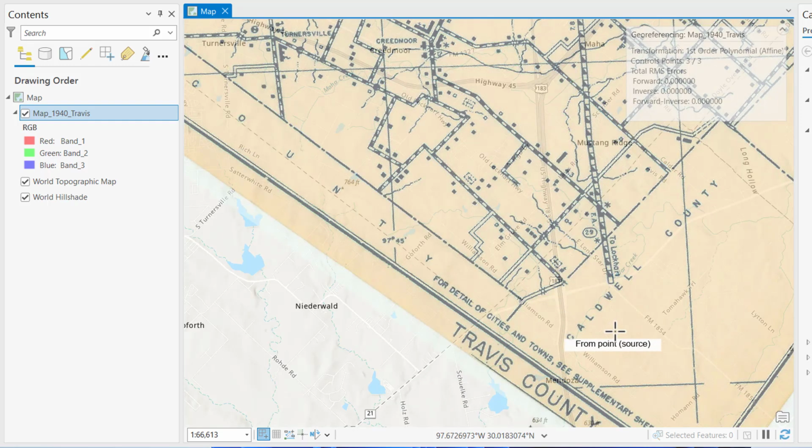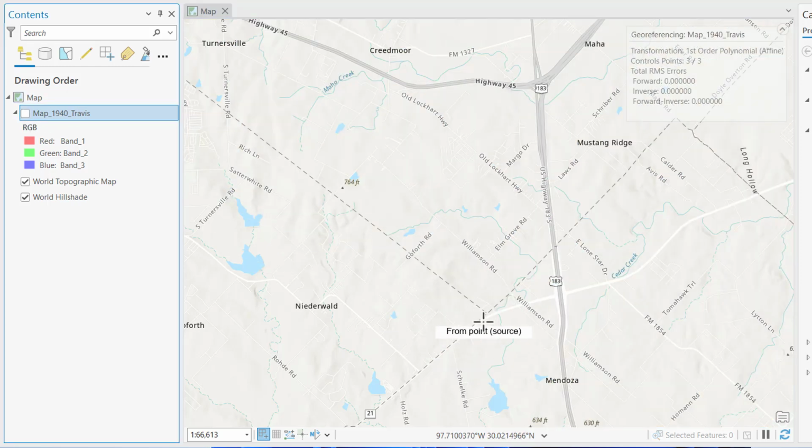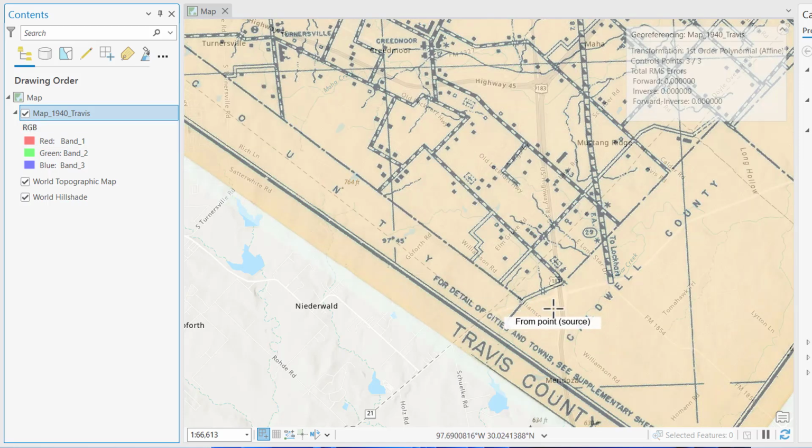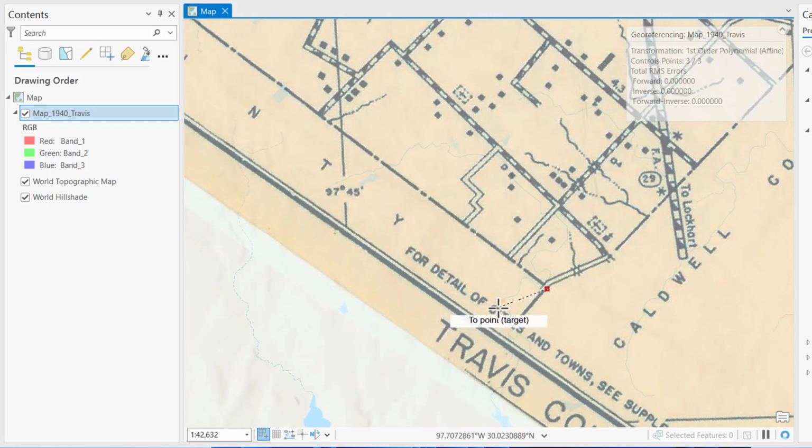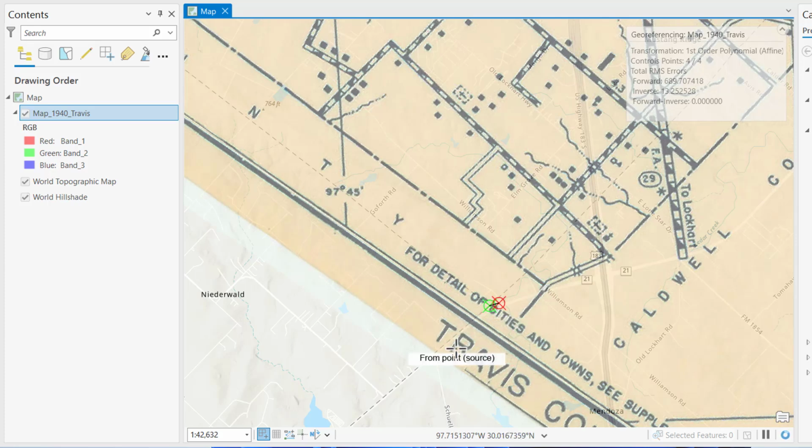That's a little cluttered down here, maybe a little bit harder to find. I can see the southeast corner in the image, but not in the map. So if I turn the raster layer off, I can see there it is in the map. So I'm going to turn it back on now that I'm kind of oriented, and go ahead and click on the southeast corner in the source image, and then zoom in a little bit and find it in the target